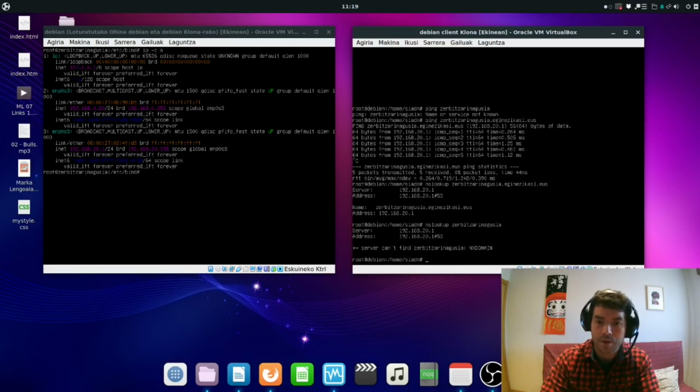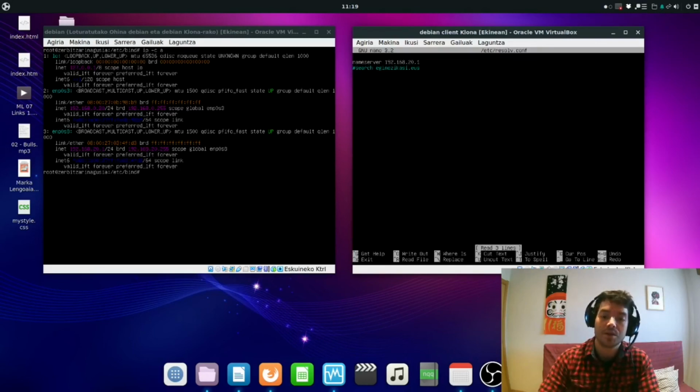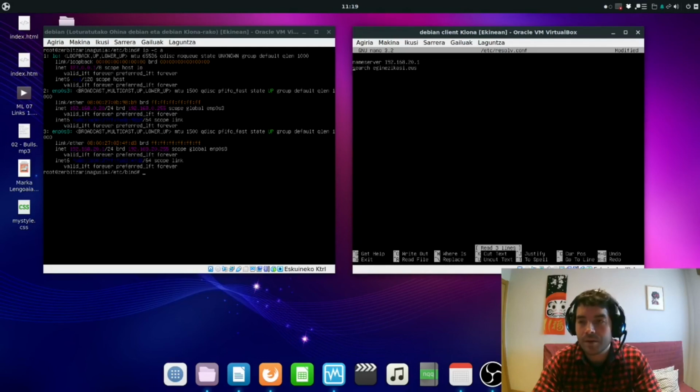if I want to resolve names without putting the domain name, what can I do? I have to configure in the resolve.conf that we will search by default eginezikasi.eus because it's our domain, it's our network, okay? So you know about domains, maybe you know more about domains than me, but you know that you have to configure the DNS server with the same names as the domain, okay? So first of all, after that, we save it,